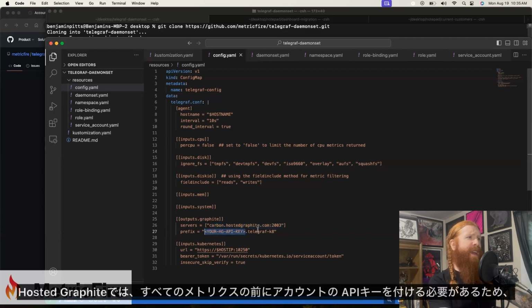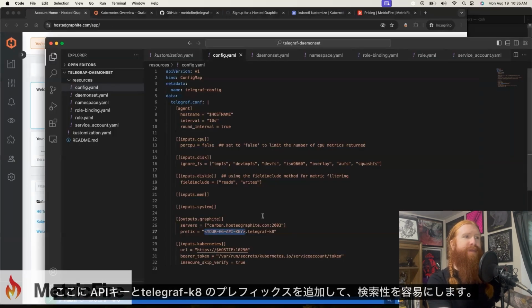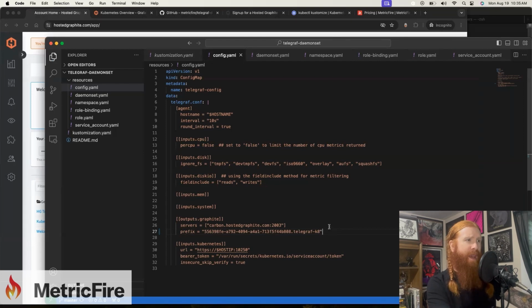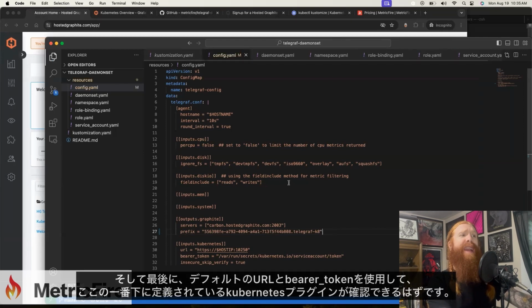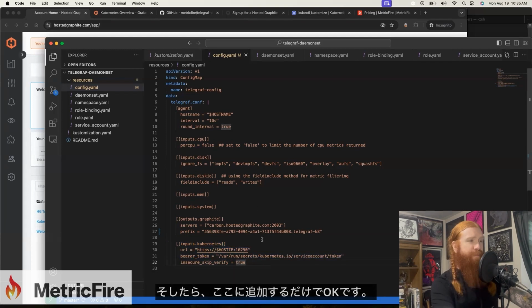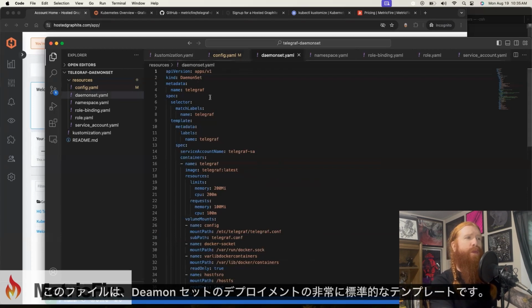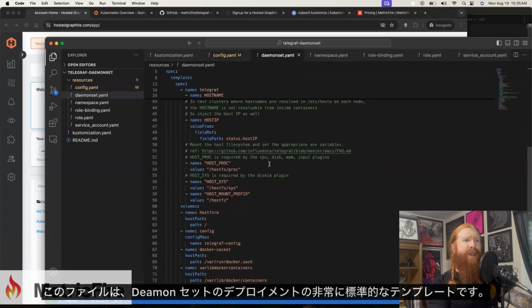With hosted Graphite, you have to prefix all your metrics with an account's API key. So I'll add the API key here and a prefix of Telegraf-K8 for easy searchability. Finally, you can see the Kubernetes plugins defined at the bottom here with the default URL and bearer token. This should work in most cases unless you have a custom token defined in your cluster, then you would just add that here. Okay, so next there's the daemonset.yaml file, which is a pretty standard template for a Daemonset deployment,